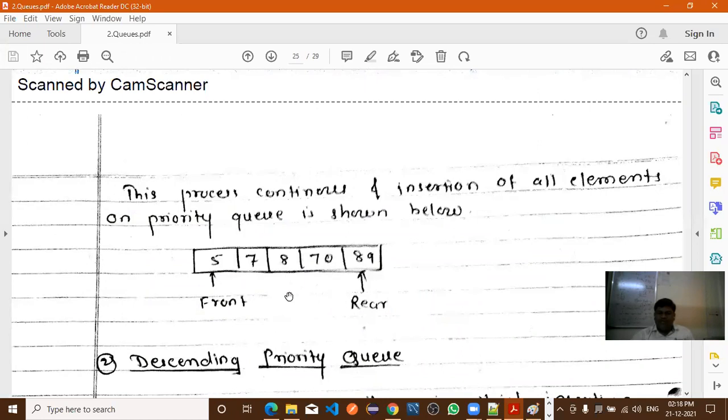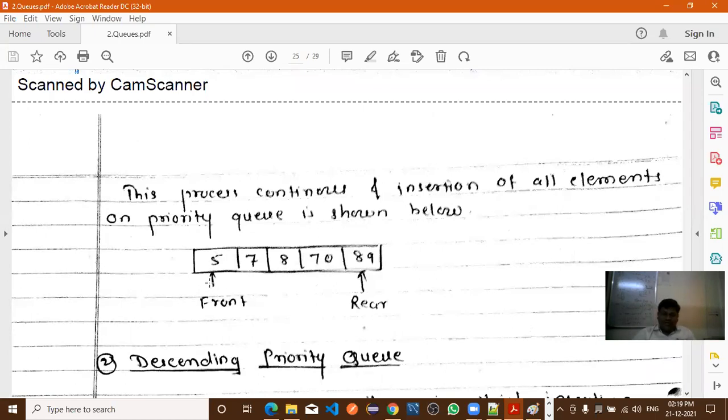Now in the ascending priority queue, when we are inserting the element, we are comparing the element with each other. Where have we done this comparison, in which algorithm are we comparing and storing the elements? Sorting algorithm, we have seen that. Yes, sir. So the smallest element we are keeping at the left side and the greatest element we are storing at the right side, in ascending order, in an ascending priority queue.